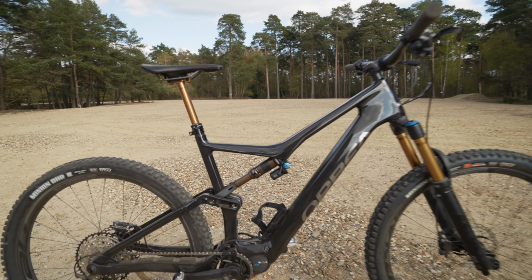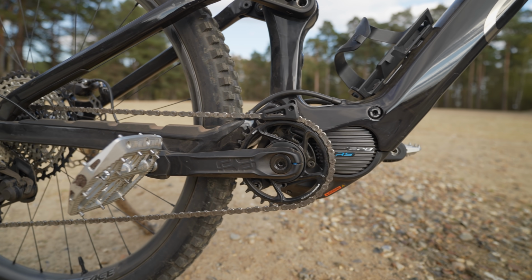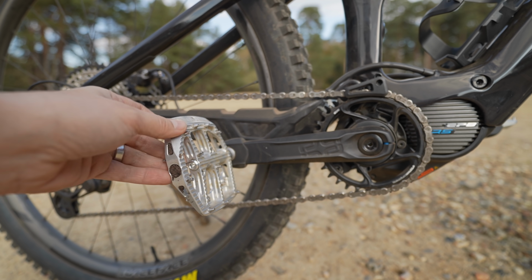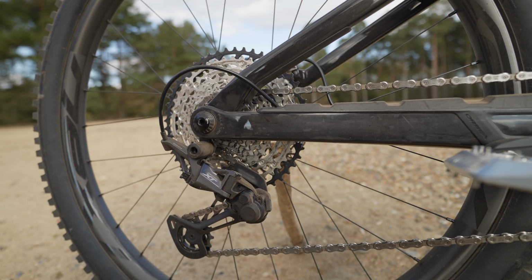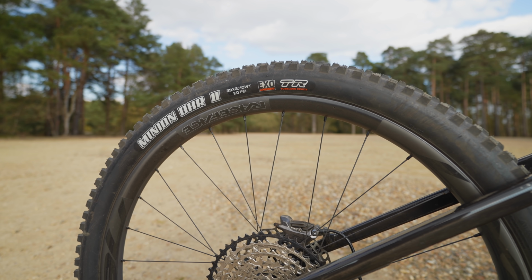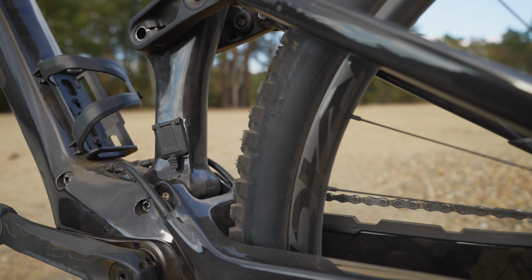Okay, so yeah, EP8 RS motor, E13 crank and E13 chainring, and I've just got my Hope flat pedals on there. A lot of people ask me what these pedals are. They're Hope flats. They're really nice because they've got loads of pins in and they're super grippy. Moving back, Shimano XT and SLX cassette, and at the back we've got the Maxxis Minion DHR2 in a 2.4 with Exo again, and the front, by the way, is in 2.5 width. On the rear we've got the Shimano XTR Galfer 180 on the rear,